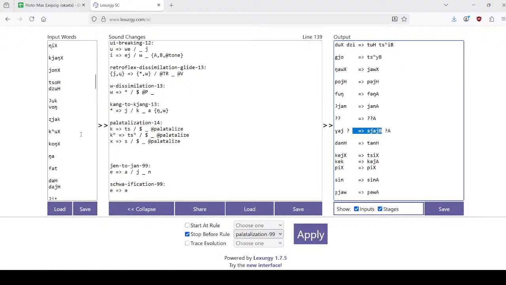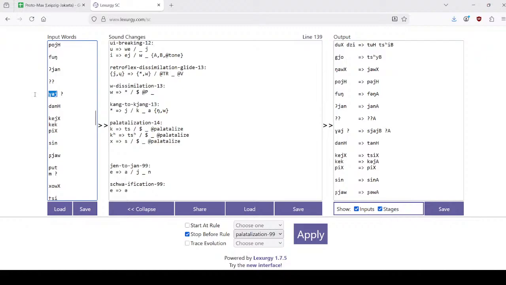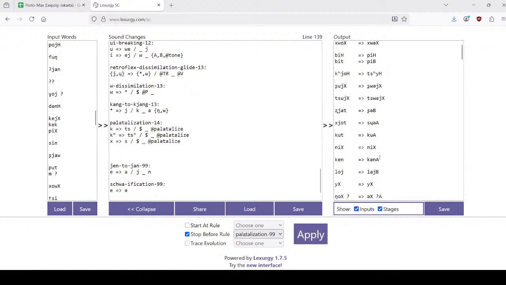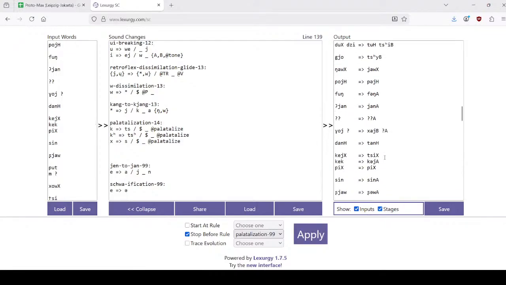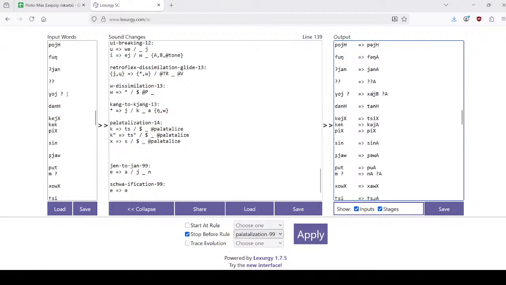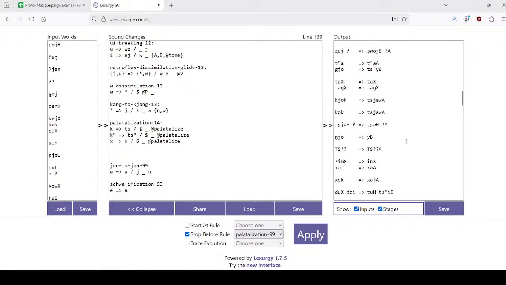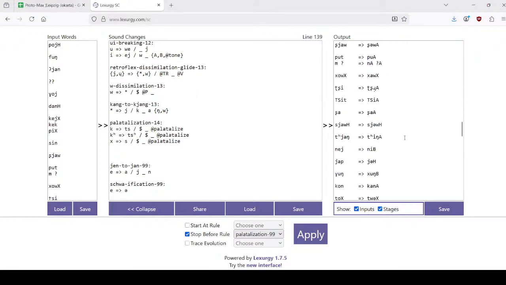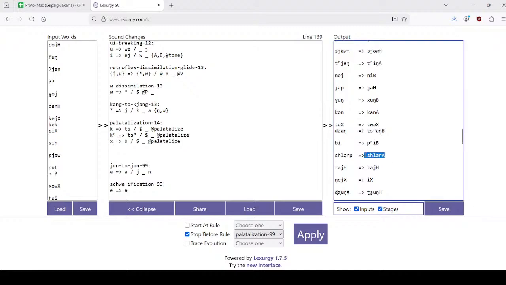I think, wait, where is it? I think Oi makes more sense in this case, because then it wouldn't palatalize. Yeah, this is correct. Even though I think the difference is that I was going with Rai because in Cantonese it was read with